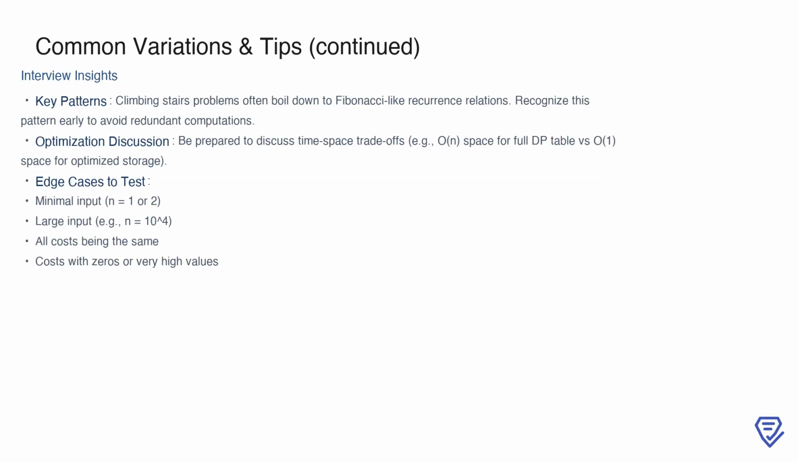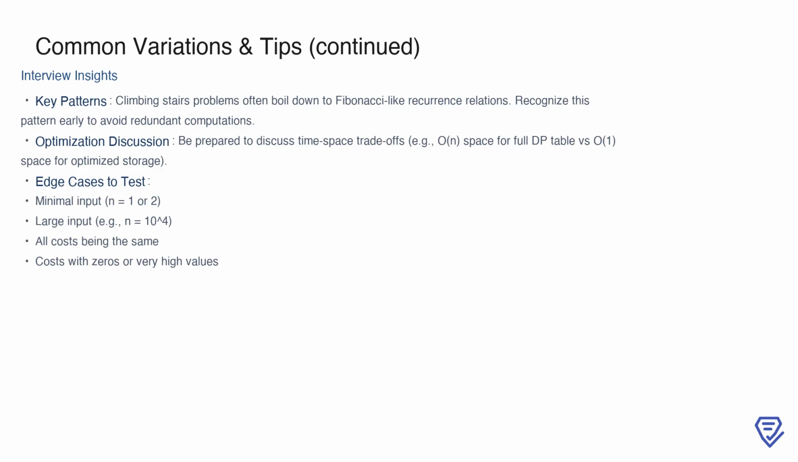For interviews, climbing stairs problems often showcase key patterns that are valuable to recognize. Most of these problems boil down to Fibonacci-like recurrence relations, and identifying this early can help you avoid redundant computations. Be ready to discuss optimization strategies, such as the trade-offs between time and space complexity. For example, you might compare the O(n) space of a full dynamic programming table with the O(1) space of a